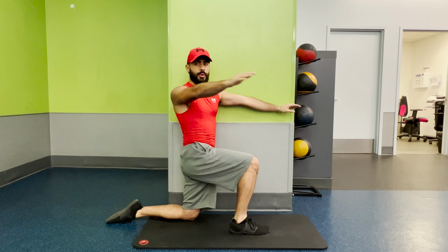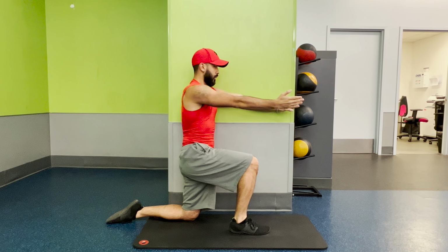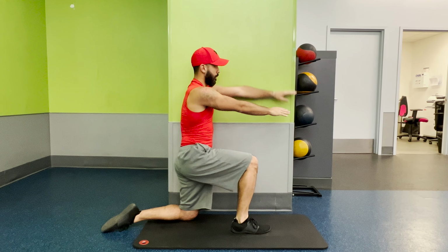And I know what you're thinking. Kev, you already showed us this one. Yes, I did, because it's awesome and I hope you all do it. It's great for your T-spine rotation, even opening up your pecs a little bit. And you can do it two ways. Look, watch the next one. And boom, other